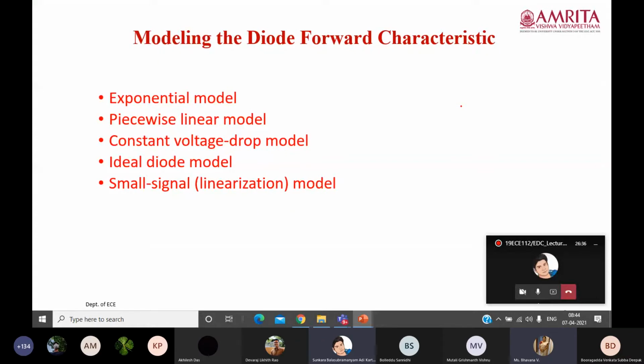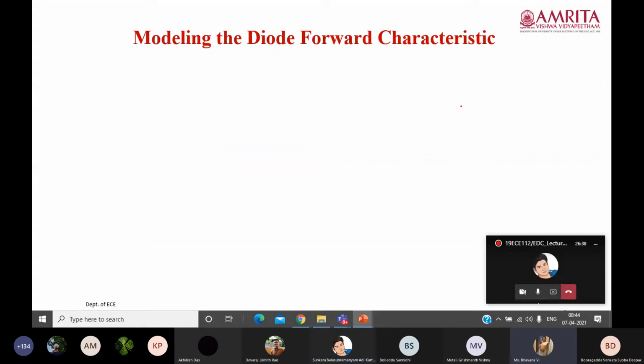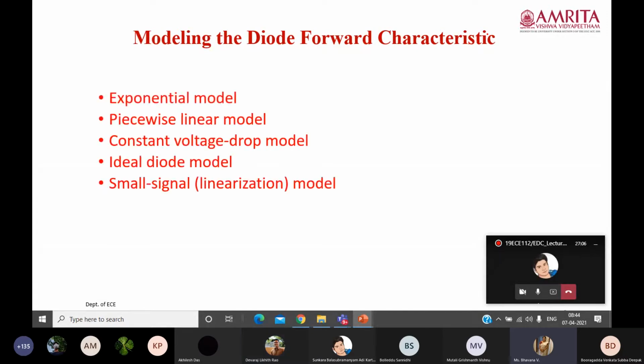So last class we started with modeling the diode forward characteristics. Can you list out which diode models are available? Yesterday you studied one model, no? At least name that. Exponential model. How many analyses are there? Graphical and iterative analysis. So for that, what we have done, we have considered...